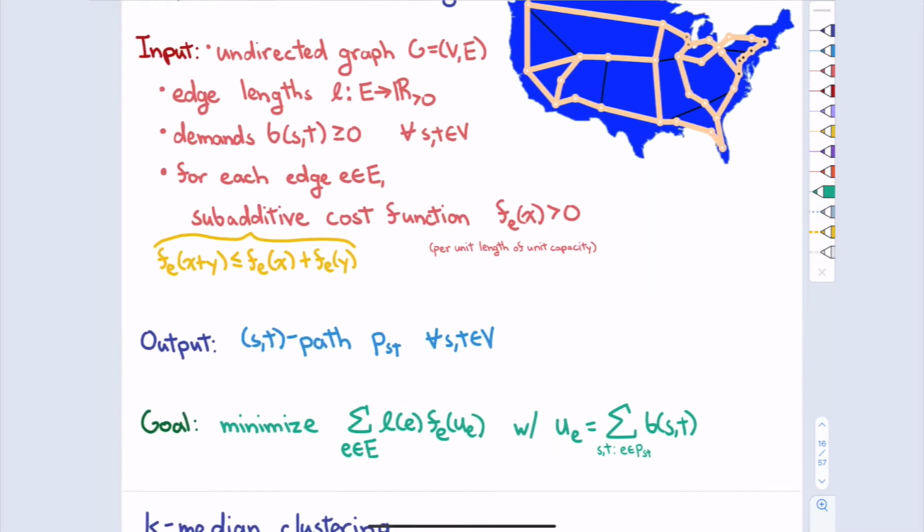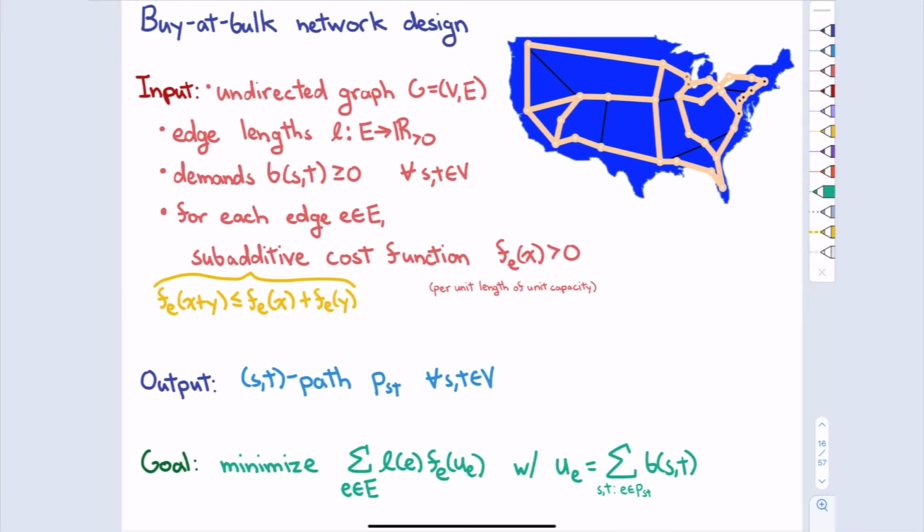right? This one seemed like an awfully complicated problem, especially when you consider this crazy subadditive cost function. But if you're in a tree, there's no choice of path. You only have one choice of path between every pair S and T, right? So this problem would have been not a problem at all on a tree. Okay. All right, so